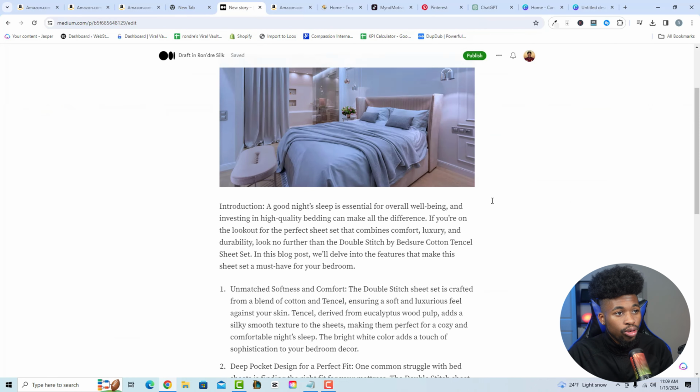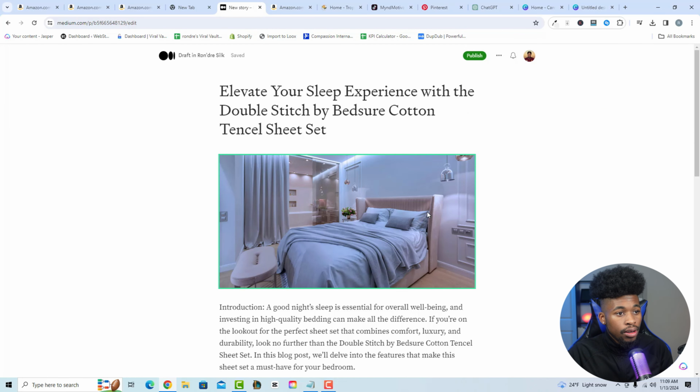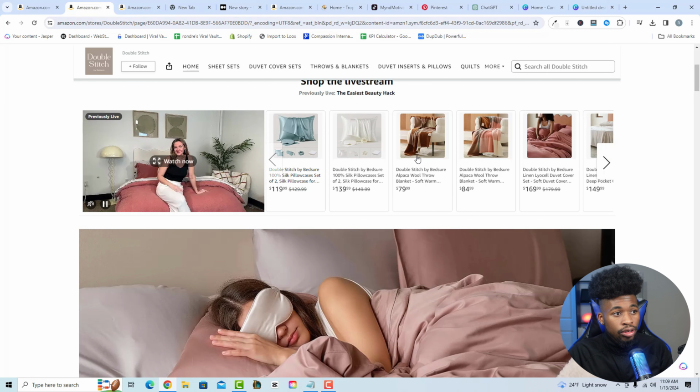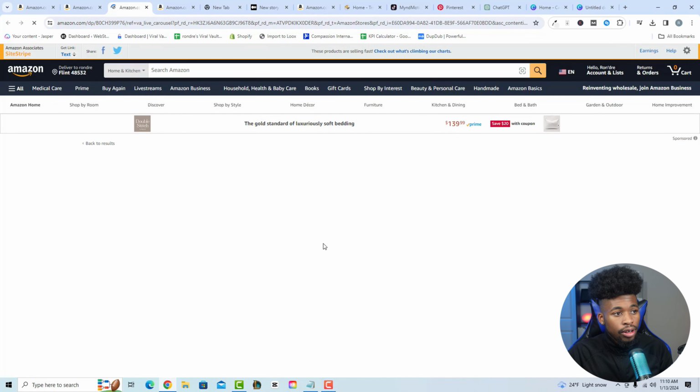I would say make one post a day on Medium if you're going the Medium route, so you can really maximize your earnings. And you don't need to just make one about the same product. So once you're done with this product, you can find a different one on Amazon. And, you know, let's say you wanted to promote this pillow now,